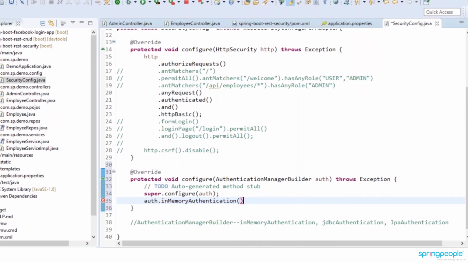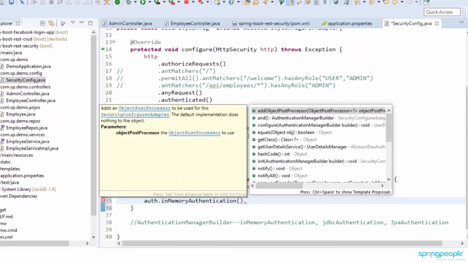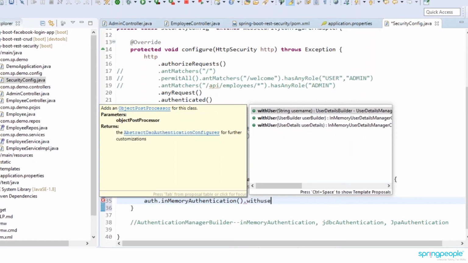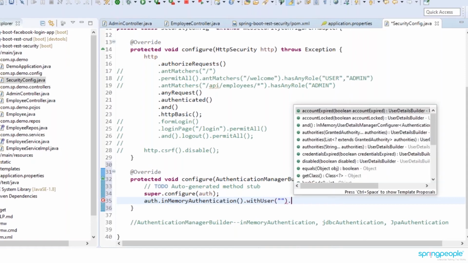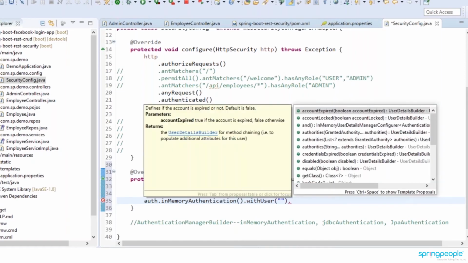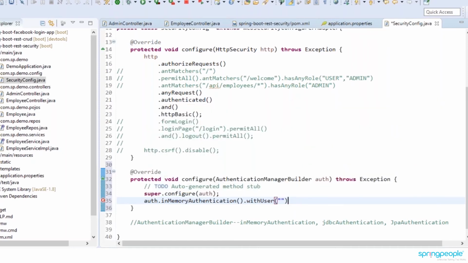in-memory authentication. So dot, what is the username and what is the password which you want to configure for a user? What is the user you want to provide? So we can configure here with user, and what is the username. And then what is the password, or what are the authorities. If you have some role based, you can configure when it is going to expire. Account is expired, account is locked, authorities, all these things can be configured here. Or with the password, and the password encryption or decryption, all these can be configured